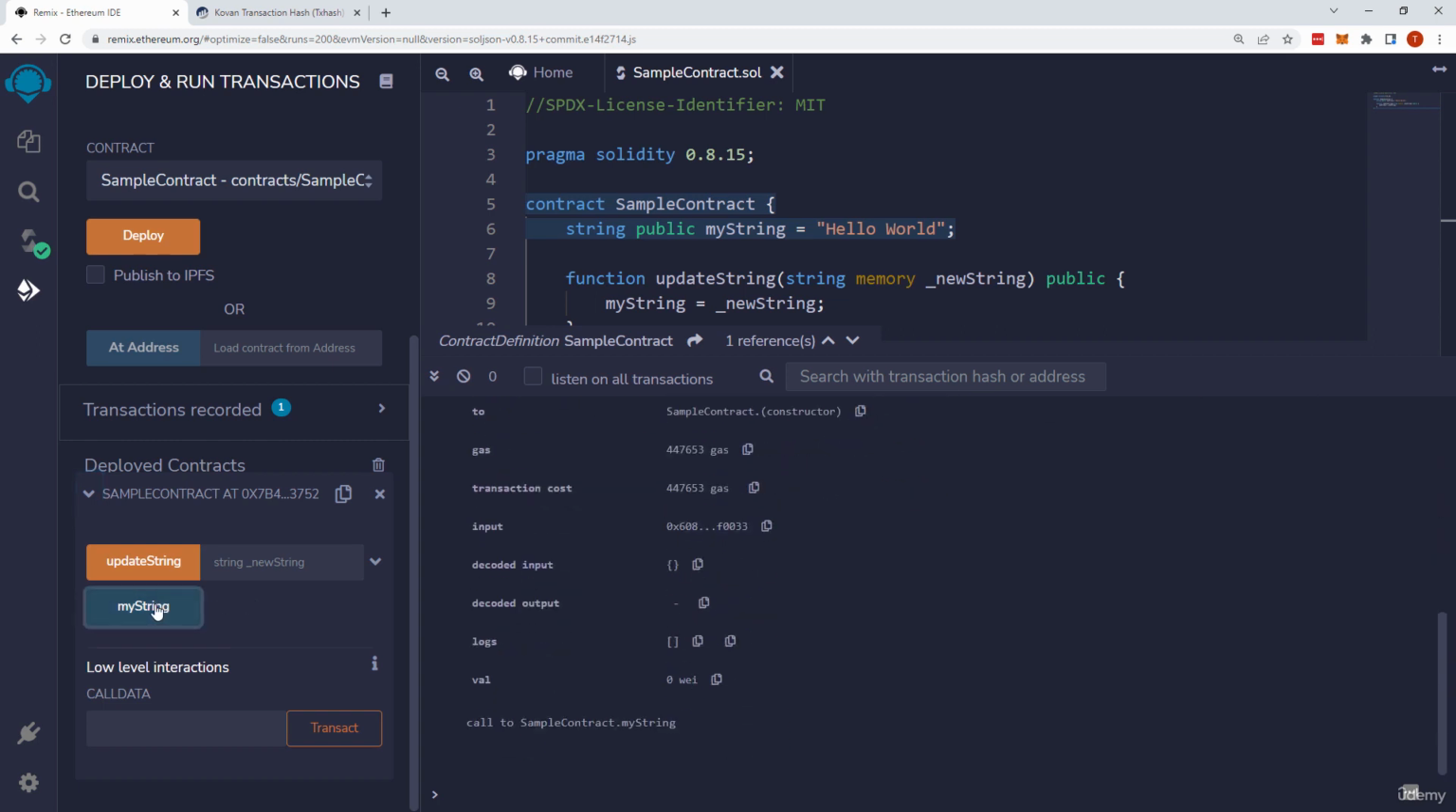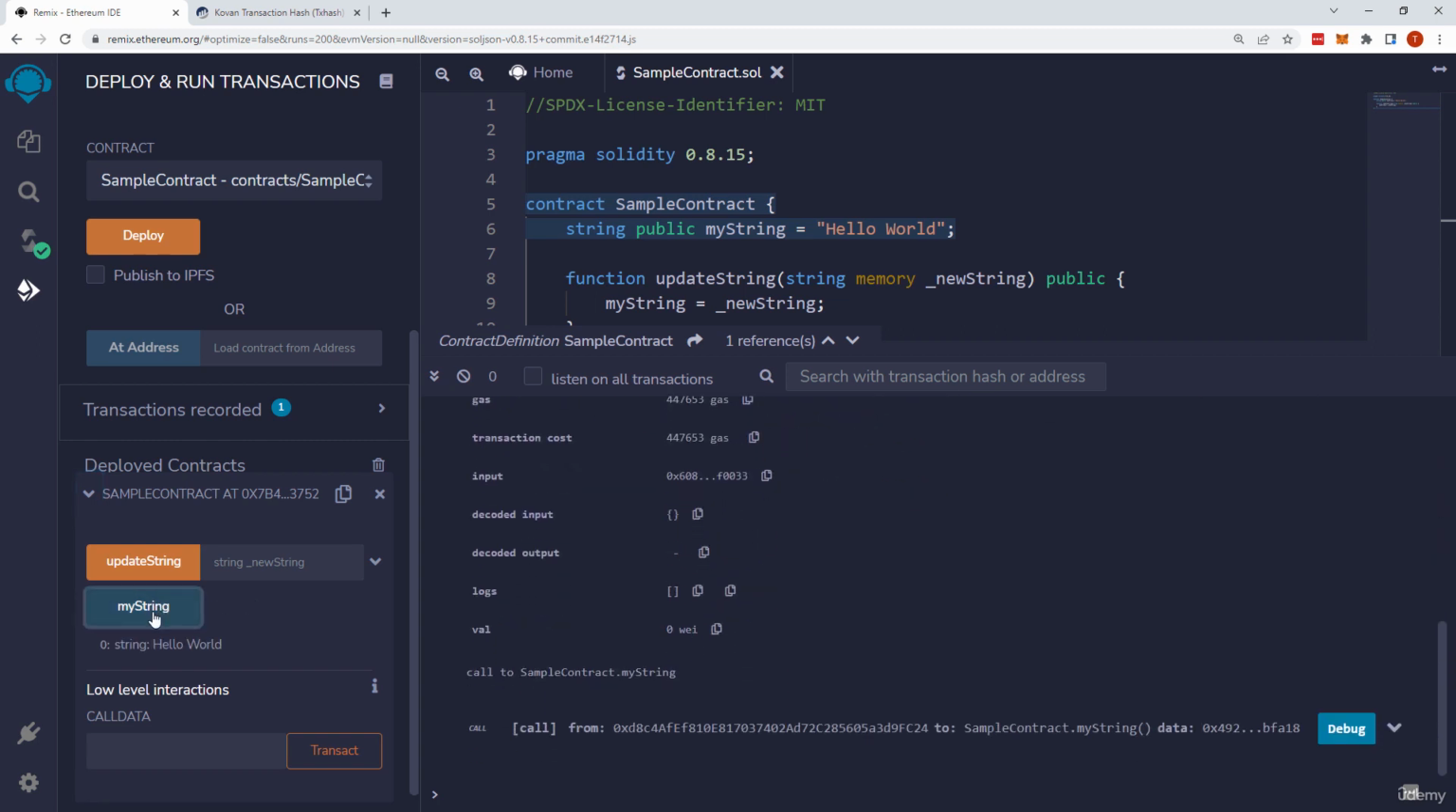So if I hit myString, interestingly, this one is more or less instantaneous. Why is that? Because a call doesn't need to be mined. A call is just a reading operation. It doesn't need mining. It doesn't need to be baked in a block. The information is already there. It's also virtually free, and I don't have to click anything in MetaMask. But if I want to update the string